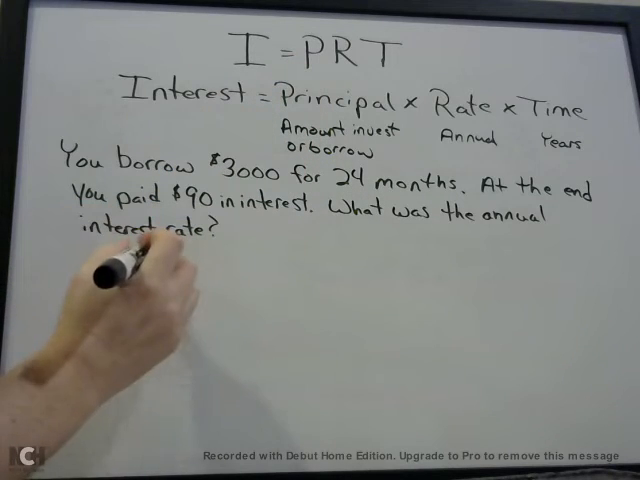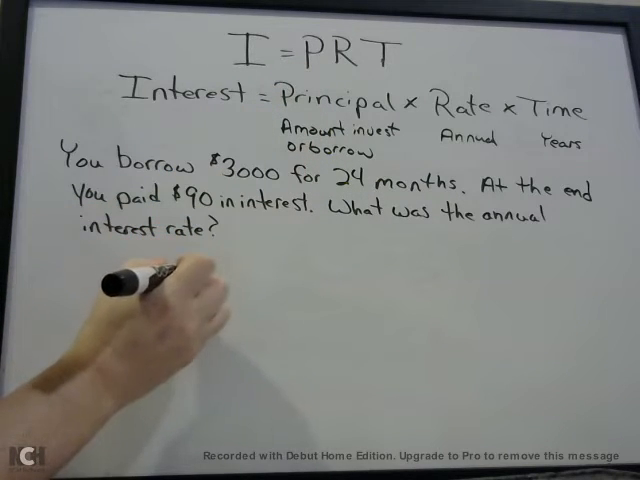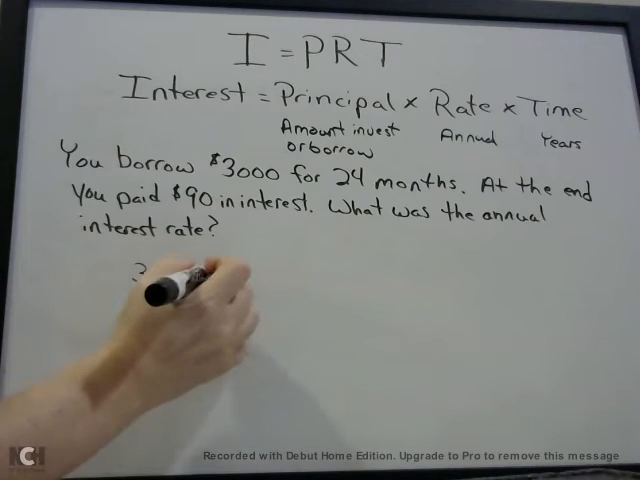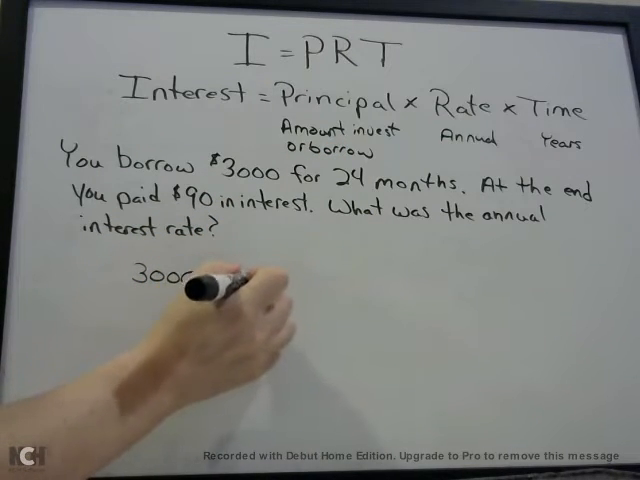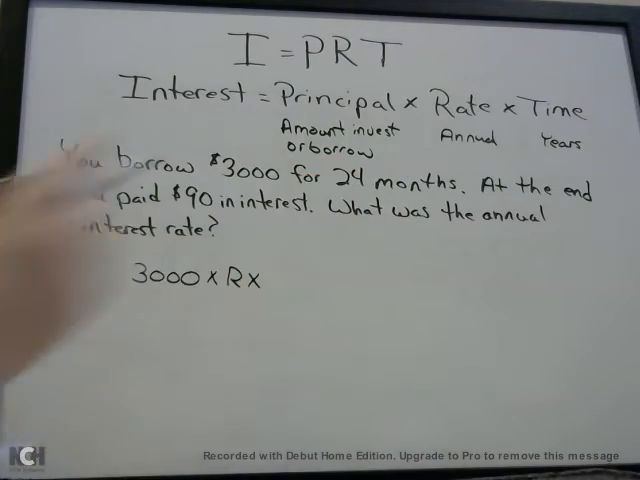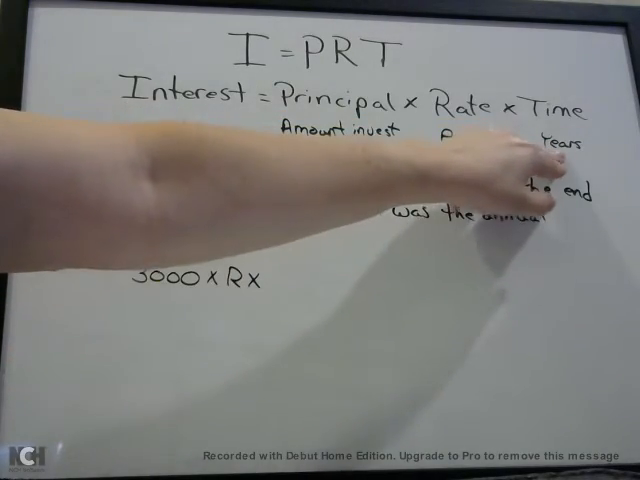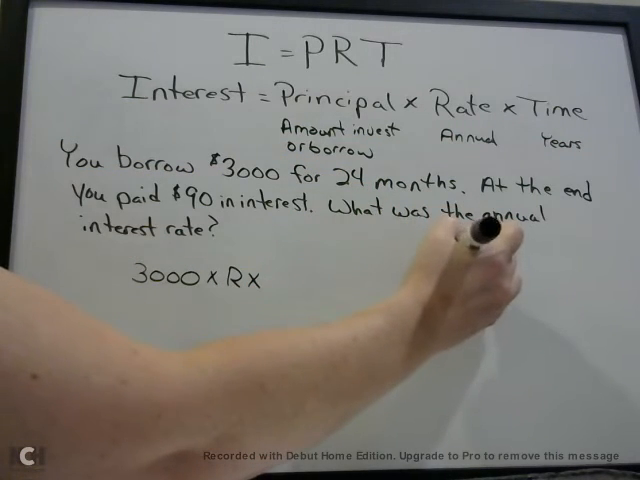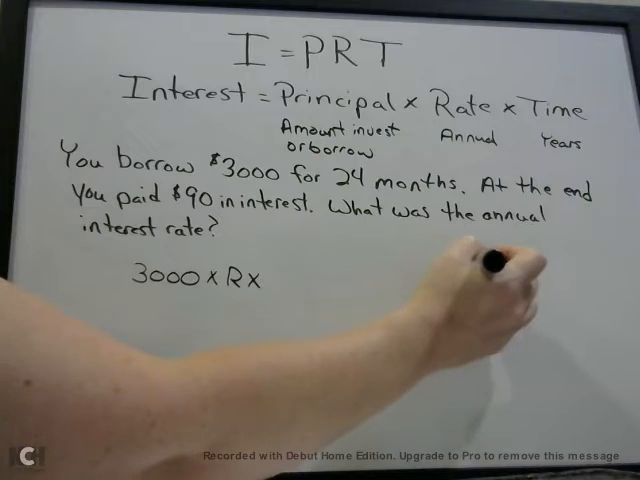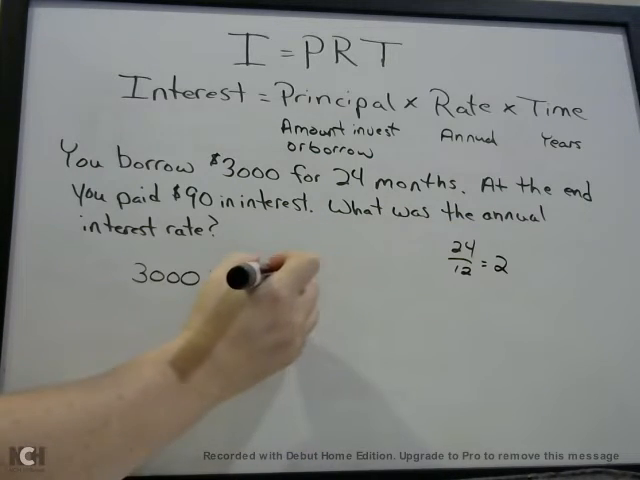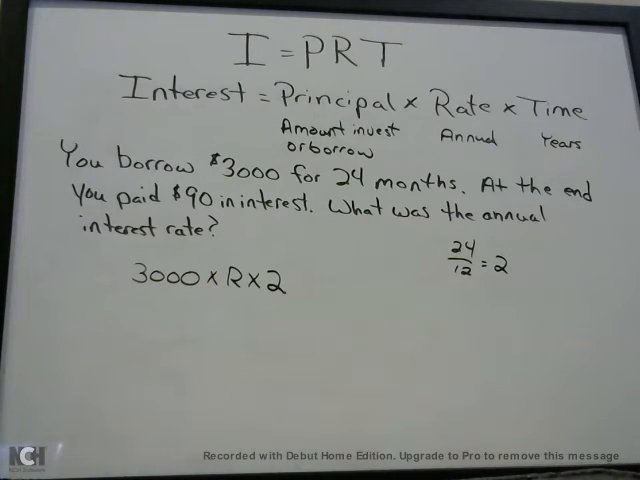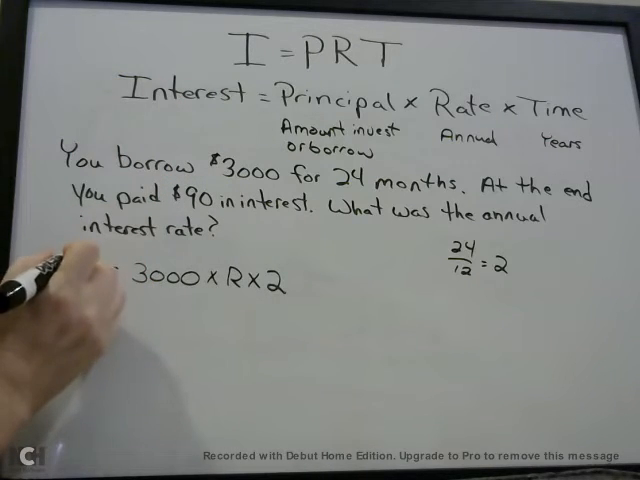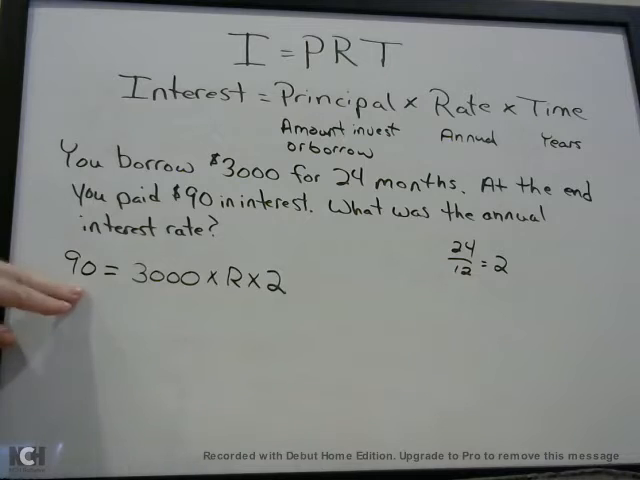So our principal was $3,000 for 24 months. So our time is 24 months. Remember, it has to be in years. Don't write down 24. So how many years is 24 months? 24 divided by 12 is 2. At the end, you paid $90 in interest. So your interest, 90,